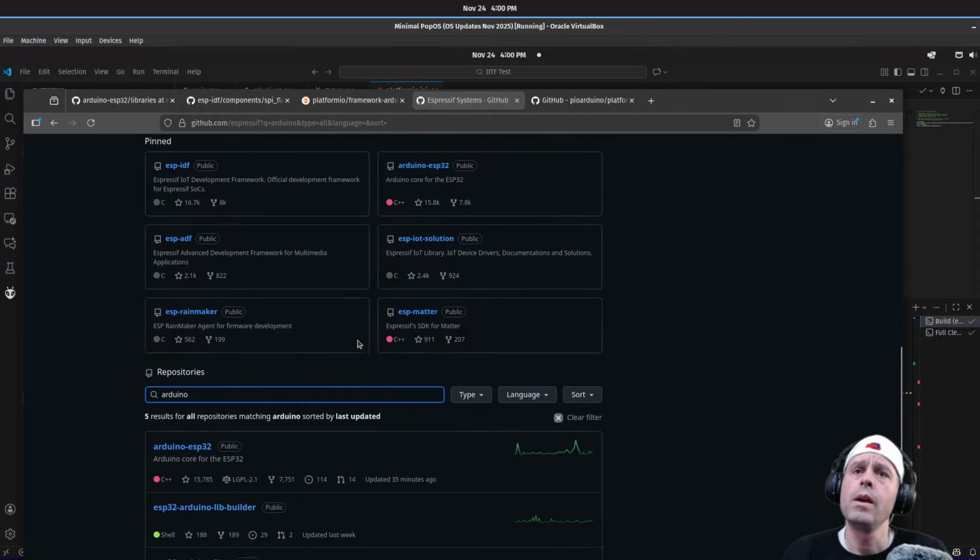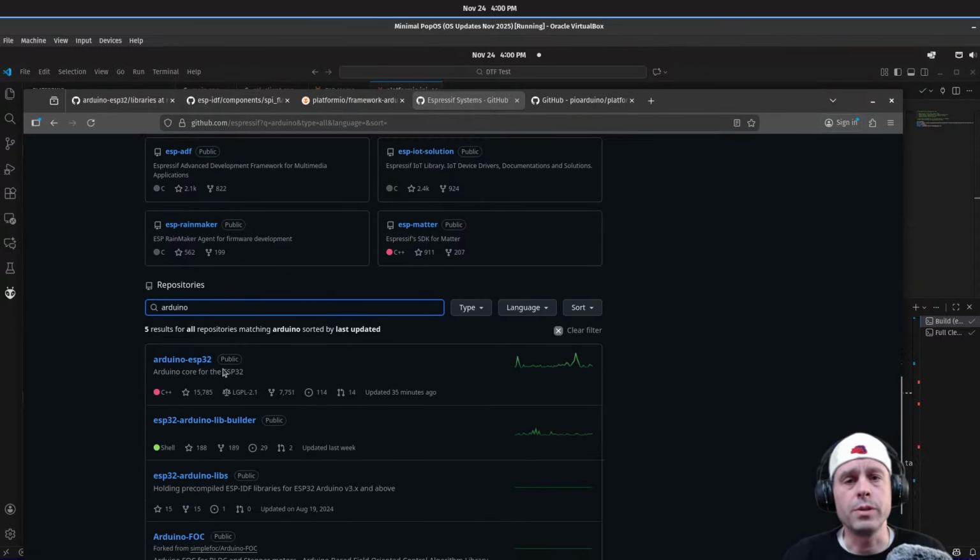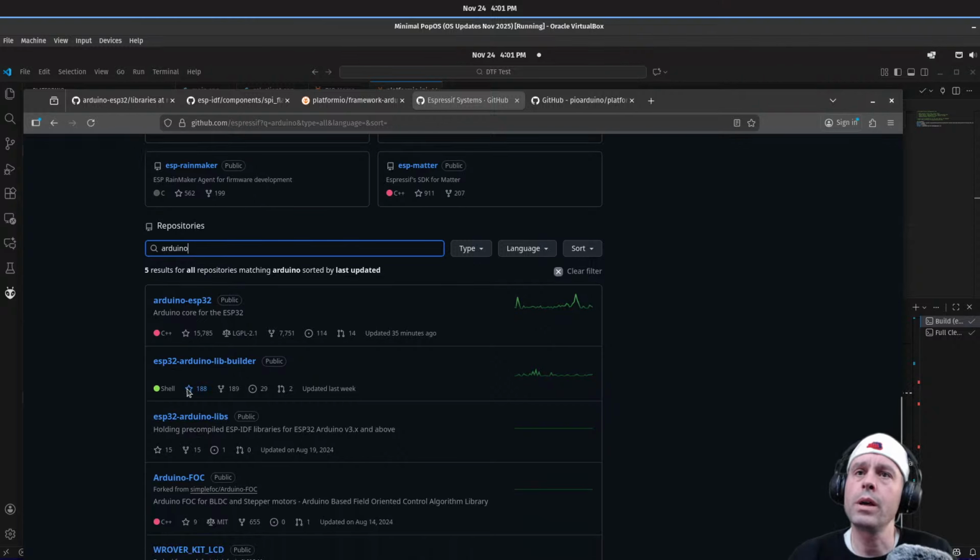We're going to search for Arduino again. The very first one is the Arduino ESP32. This is the library that includes that wrapper and allows you to use the Arduino syntax to write code for ESP32. But right below it is the ESP32 Arduino lib builder. So if I come into that,